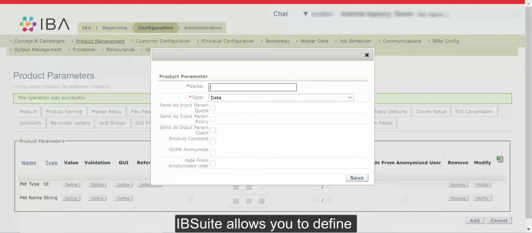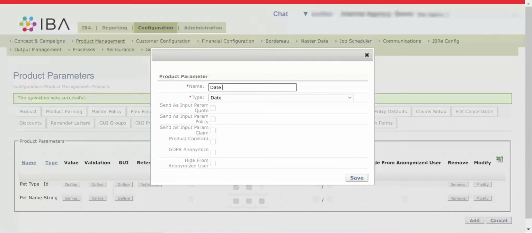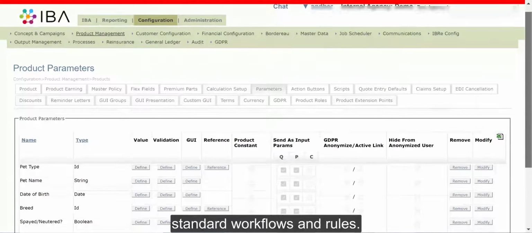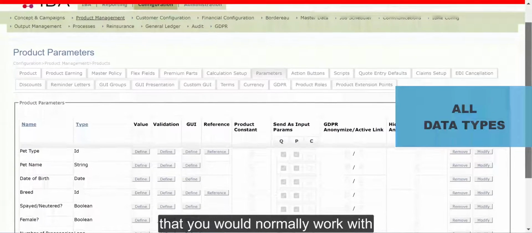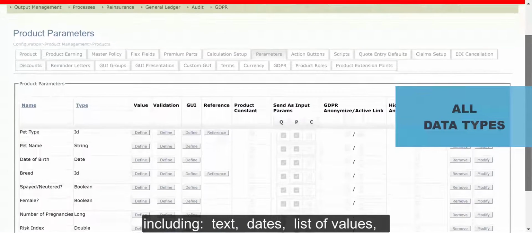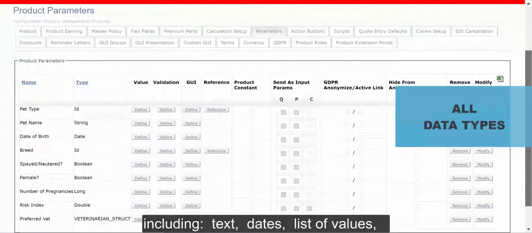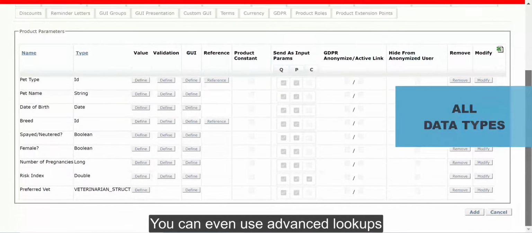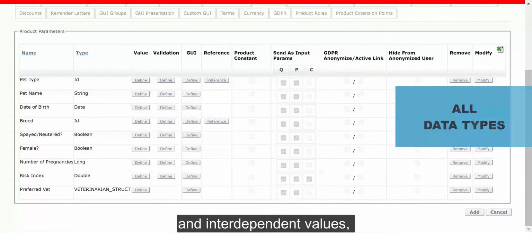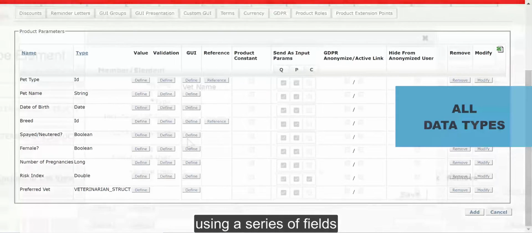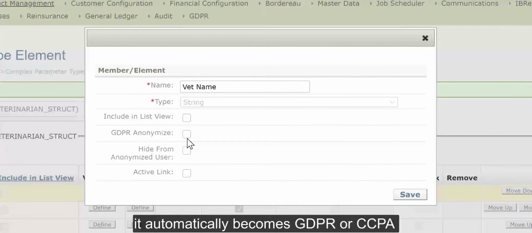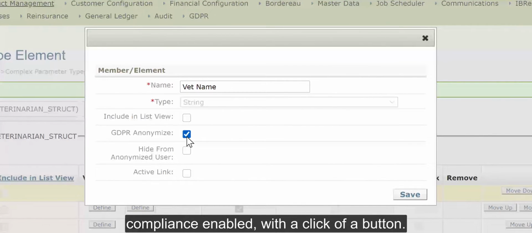IBSuite allows you to define insure object types of any kind, custom data to be collected on a quote, policy, or claim and processed through standard workflows and rules. You can use all the data types that you would normally work with, including text, dates, list of values, booleans, or numbers of any kind. You can even use advanced lookups and interdependent values and create complex objects using a series of fields grouped into a data structure. No matter what data field you create, it automatically becomes GDPR or CCPA compliance enabled with a